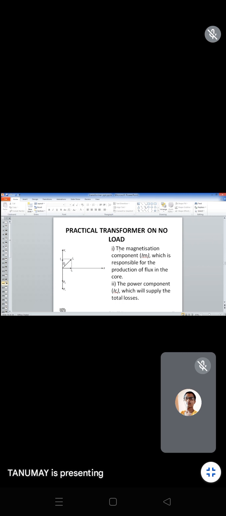So there is some flow of current through that particular winding, and there is some resistance due to which you will get one loss, that is I square R. That is called the copper loss. Similarly, what is core loss? I told you earlier, core loss is of two types. One is hysteresis loss, another is eddy current loss.